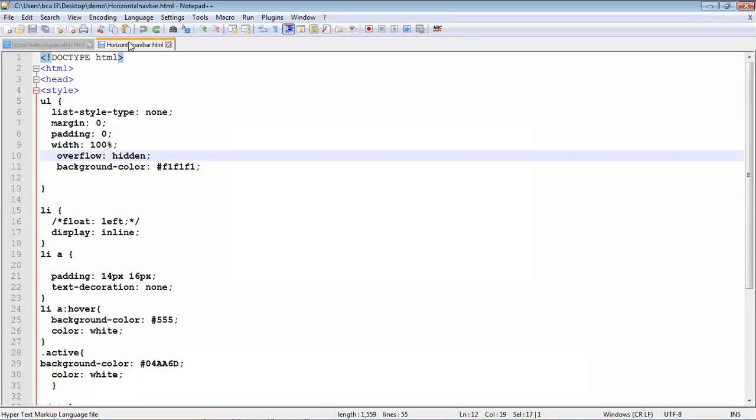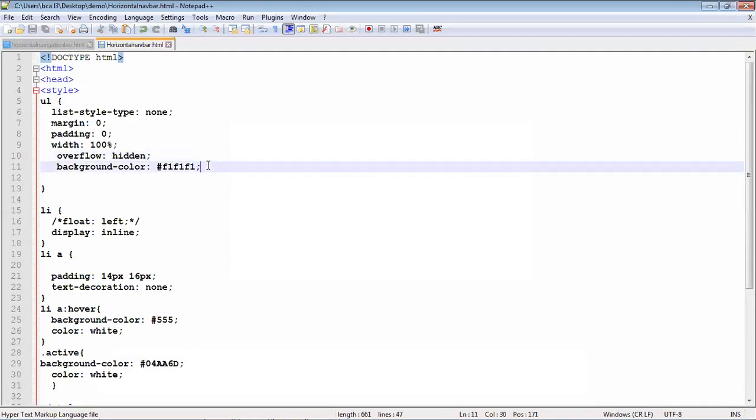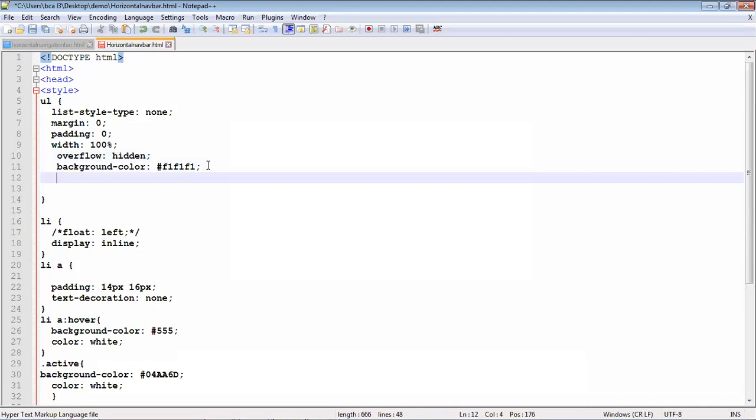And one more property is position fixed. Very important: position fixed means the menu bar stays fixed when you scroll down or up.